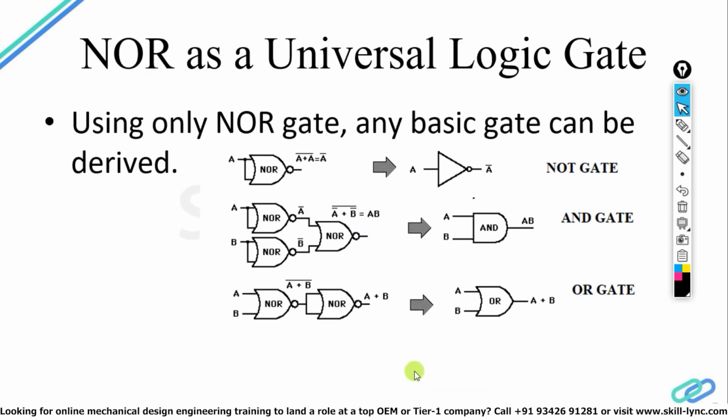And we can easily prove that the NOR gate is acting as a universal logic gate, in a similar manner to what we proved for the NAND logic gate. Here also a single NOR gate is required for the NOT operation. In this case, 3 NOR gates are required for AND and 2 NOR gates are required for OR. Same way, because OR is NOR plus NOT, 1 is for NOR and 1 is for NOT, so 2 gates for the OR gate. Okay, this is all about the NOR as a universal gate.